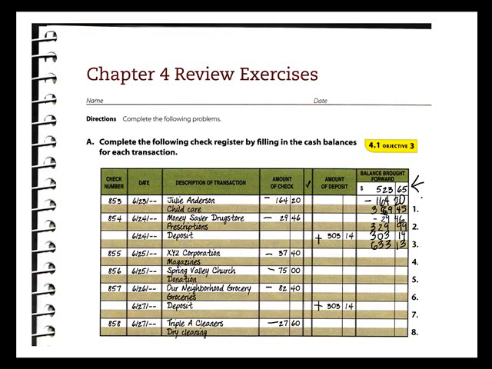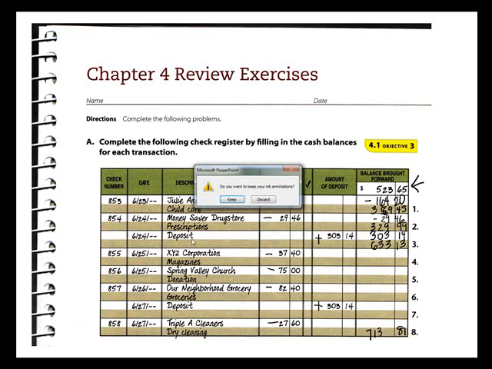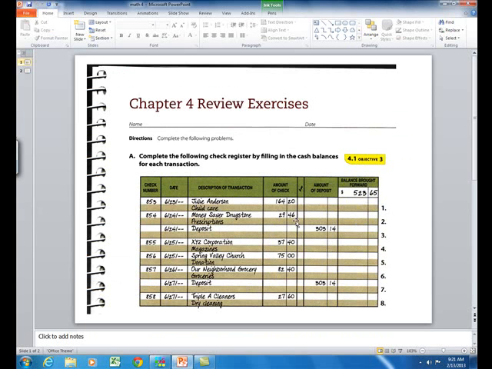That gives you the rest of these that you can do on your own. When you're finished, the amount that you should have in your checking account is $713.87. That's the way they do the first checking account. Now I'm going to show you how to do it yet another way,